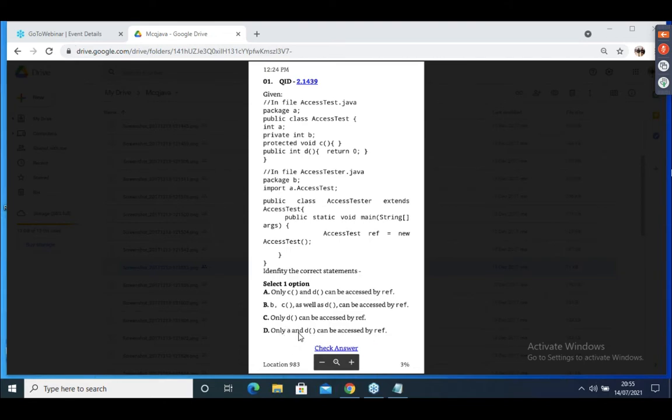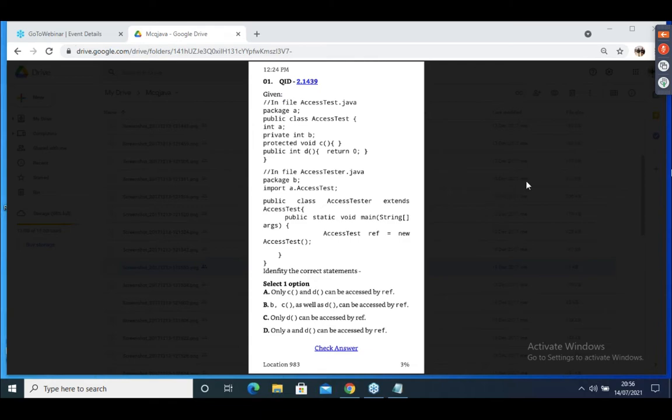A is not possible because A is default. So you should select C as well as D. This is correct. Only D would be correct if the main method were in another class.